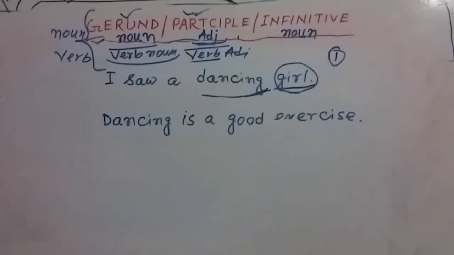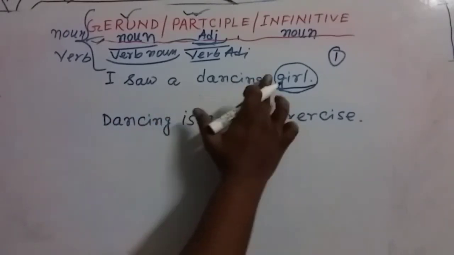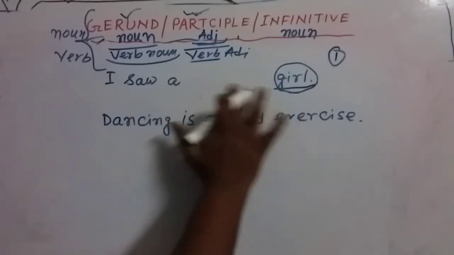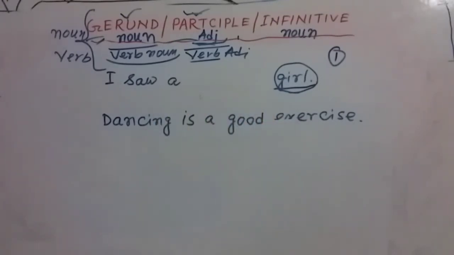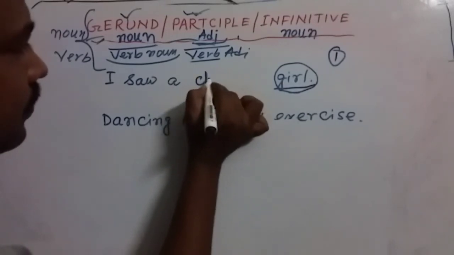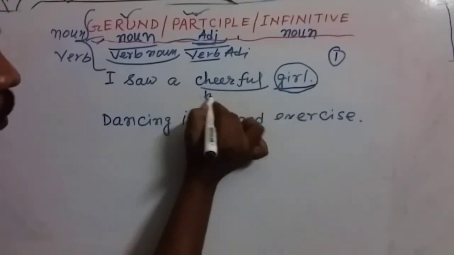There is another thing. Think about it. My dear friends, in the English language, we can replace a word with the same part of speech in that place. Here I am just taking one adjective. We got that this is an adjective. So if we replace the word with an adjective, the sentence will be meaningful. Suppose I write cheerful, or I write beautiful.